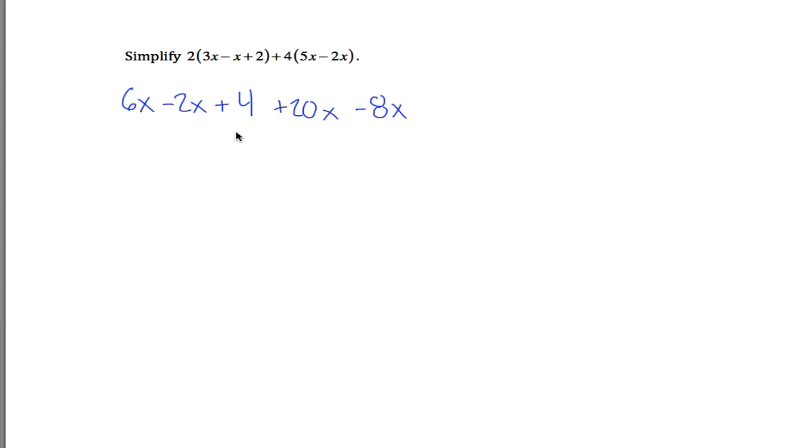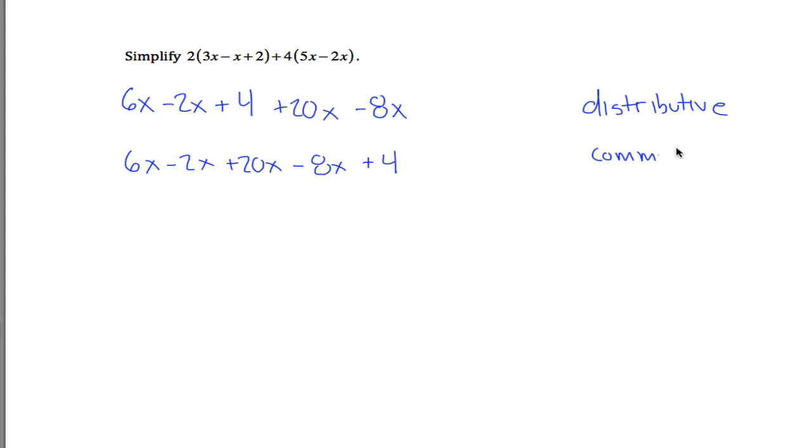I guess to be consistent, I should first apply the commutative property. What the commutative property does, so this first step was thanks to the distributive property. And this next step is thanks to the commutative property. What the commutative property does is it lets me add in any order that I want. So it lets me put all these terms with x's out in front and then the plus 4 at the end. And the reason you might want to do that is because it's then easier to see that when we